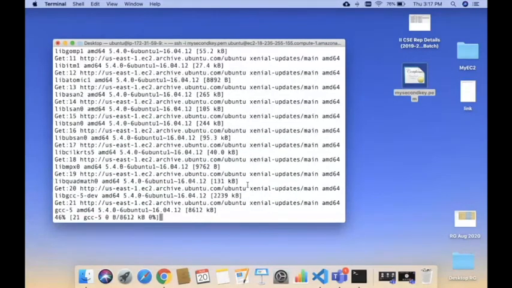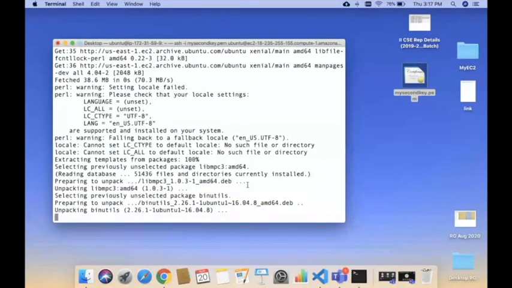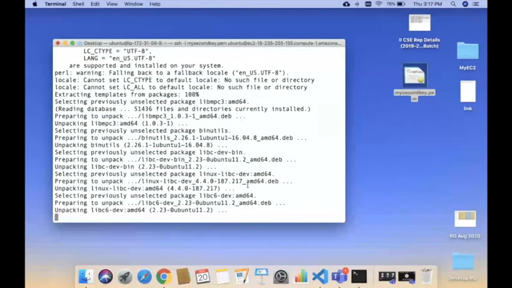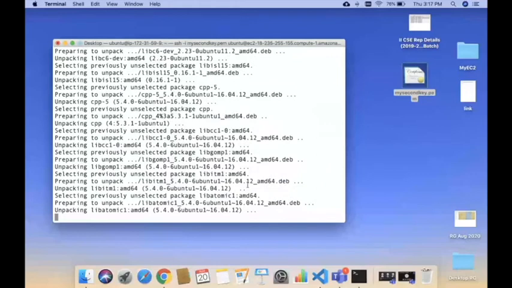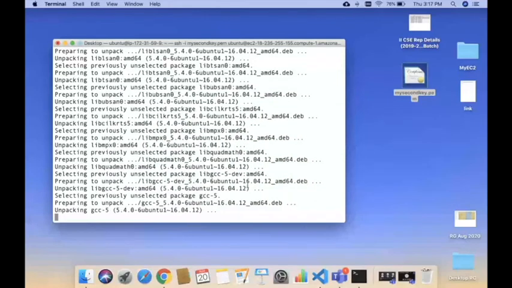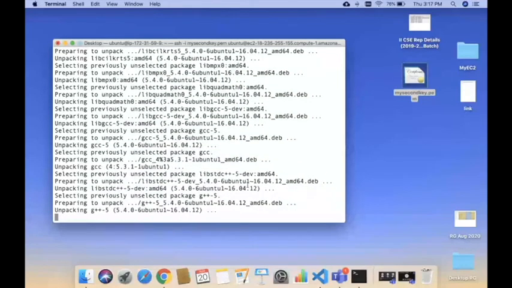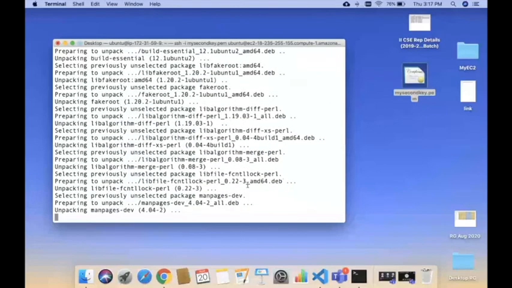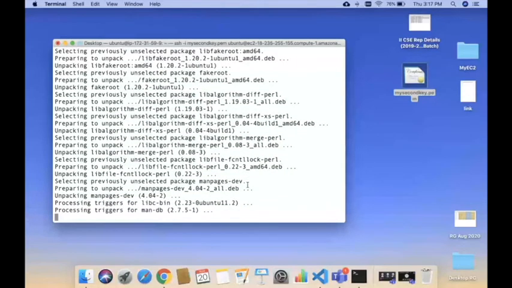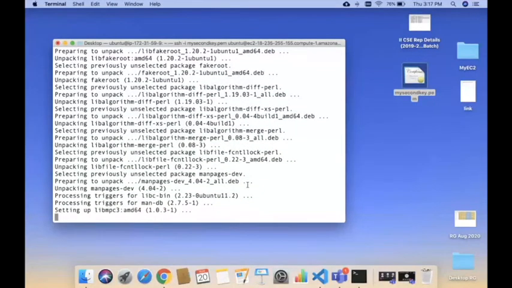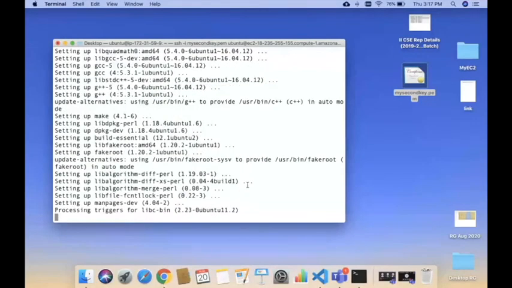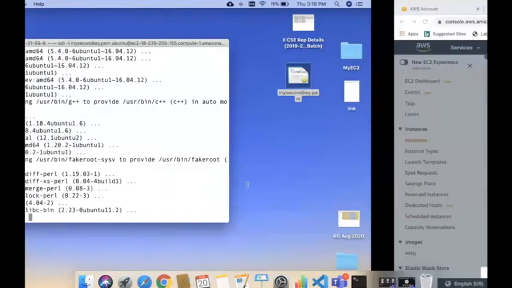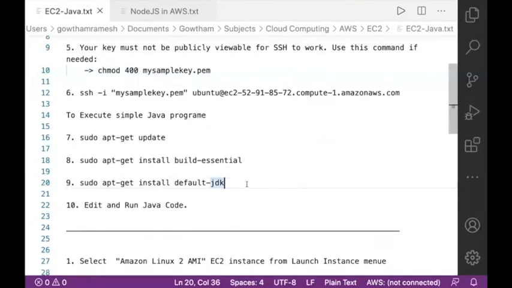Okay, I have installed the essential packages.